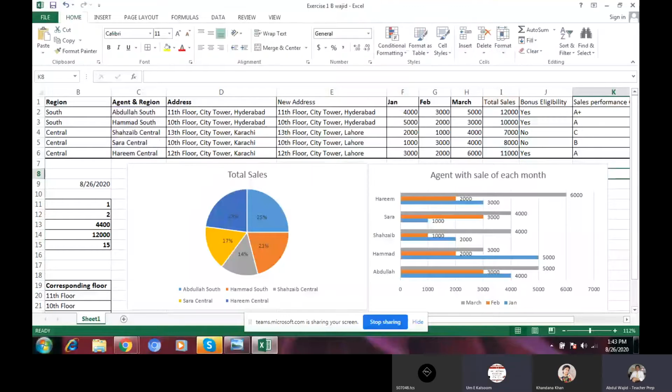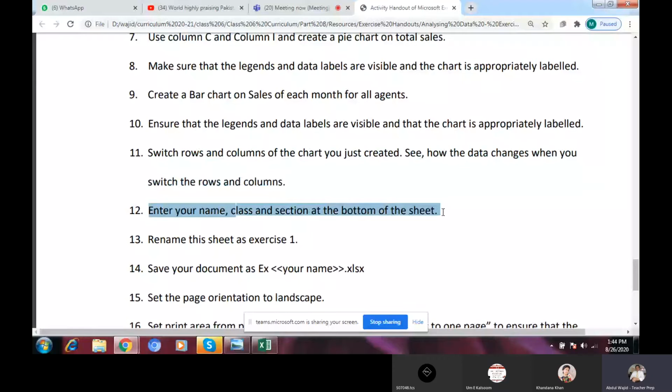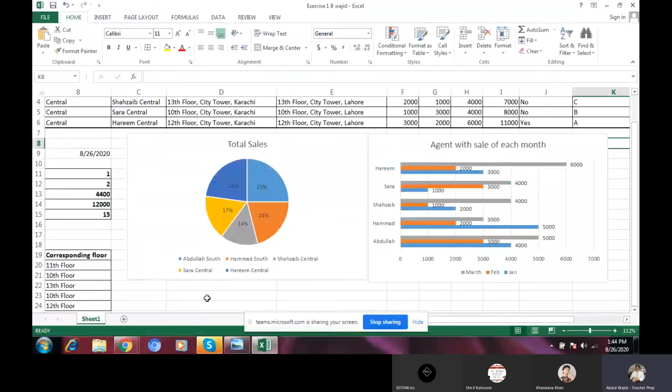Okay, now we will go further. Enter your name and class and section at the bottom of the sheet. Okay, we will go there and you will come down, and if you want to write here, it's okay.